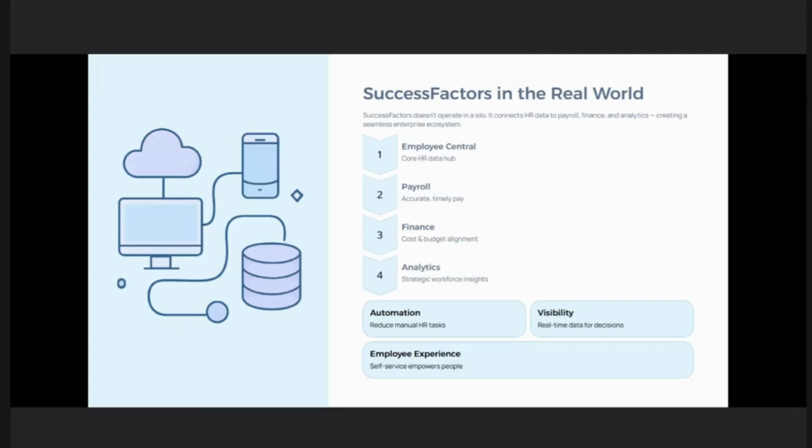What I would want you to take away here is that technology is enabling the HR team to focus less on administrative tasks and more on strategic initiatives. As HR professionals, your value comes from understanding the business processes. The system is simply an enabler that helps you execute those processes more efficiently. This is something you need to remember and keep in mind always.